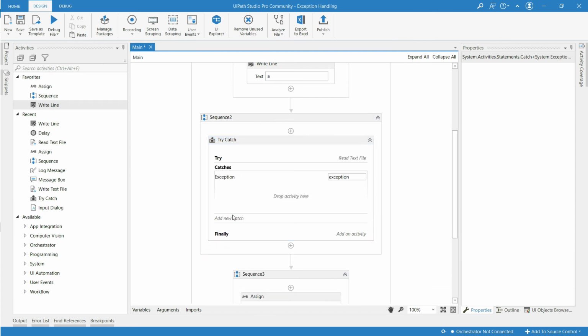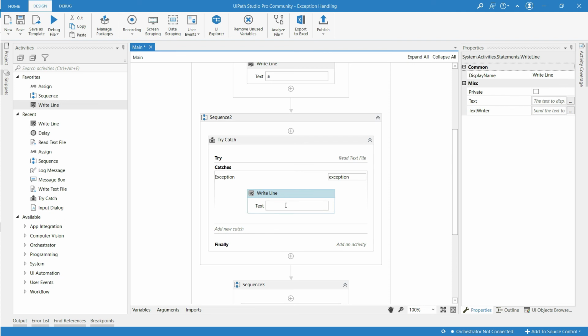When you click on catches, it will ask to drop an activity. So I am going to drop a WriteLine activity, and here I am going to write a message which is just like a warning message. Just type: sequence 2 had an error.